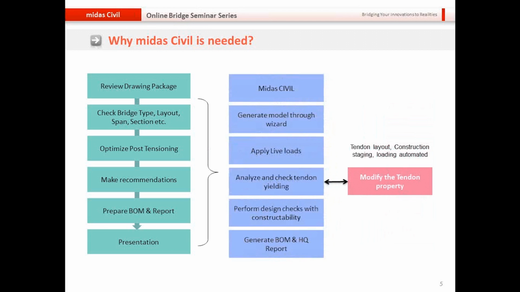So this is how Midas Civil kicks in. Midas Civil will provide you with tools that will walk you through the entire flowchart for your work requirement, hence making the process more efficient. So you can start by generating the model through a wizard, which will take care of your tendon layout, construction staging, and loading. All you need to do is apply the live loads and then perform the analysis and design check. Before performing the code design check, you need to first check whether